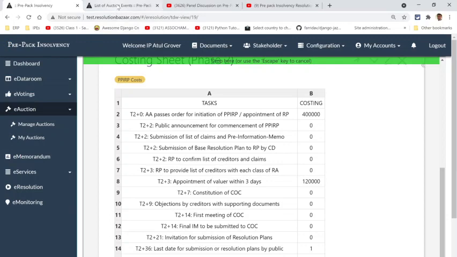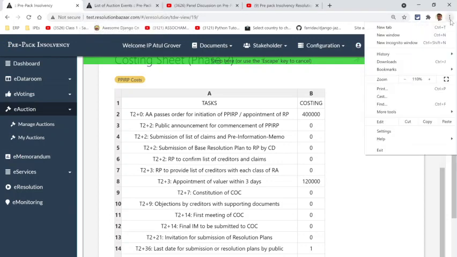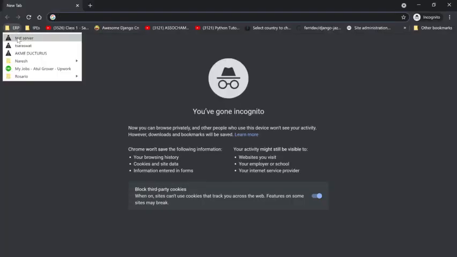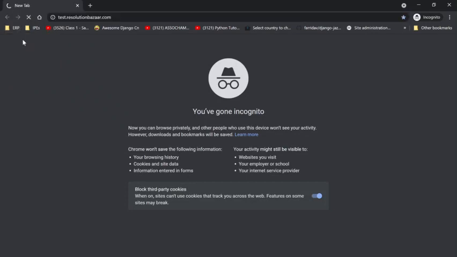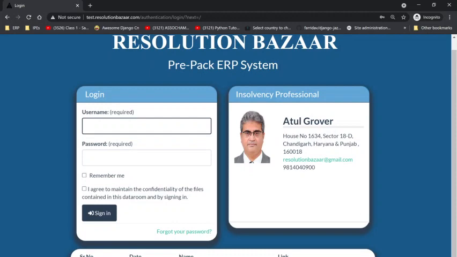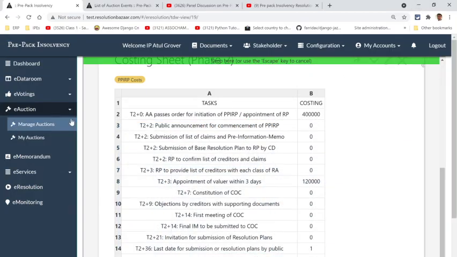IBBI, or maybe you could put it in, like for example, in our case, what happens is, if I were to show you something like this, okay, let's say this. So this becomes a website in itself. All these documents that you put on the website are put in here. So you don't really need a separate website, because the technology that we offer is also like a website.